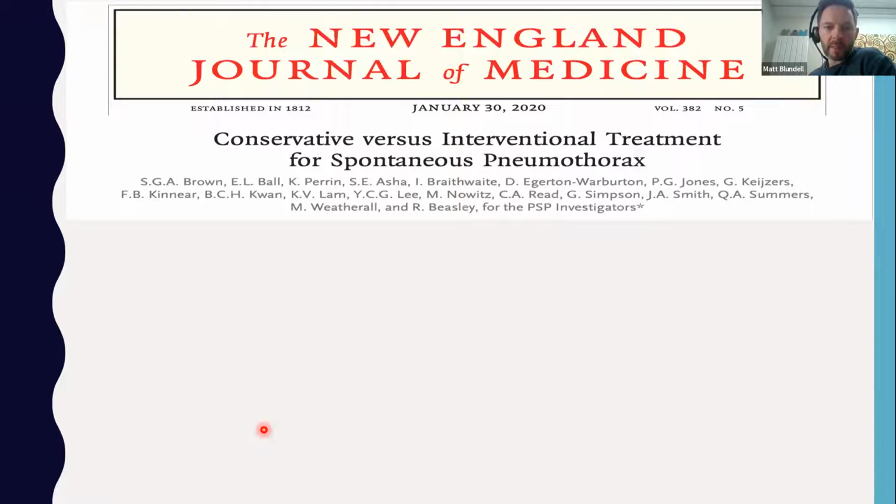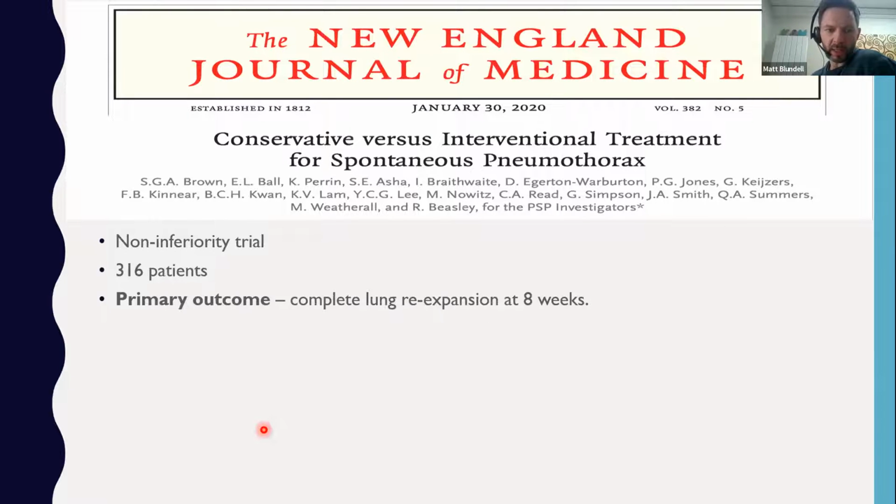And then more recently, in 2020, there was a paper that came out that in 2020 wasn't to do with COVID. It was to do with the management of pneumothoraces. This was a paper published in the New England Journal of Medicine, and it looked at conservative versus interventional treatment. It was based in Australasia, and it was a randomized controlled trial, and it's a non-inferiority